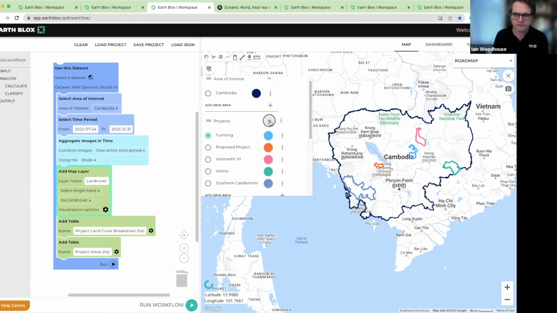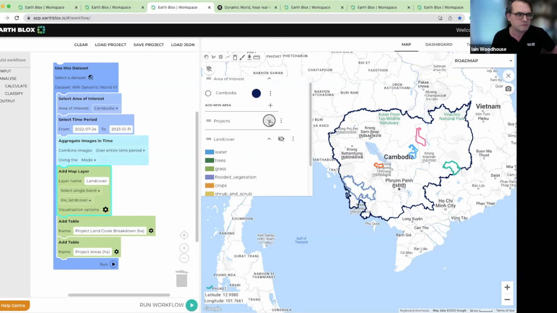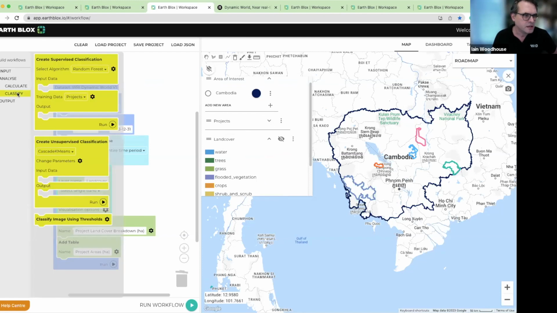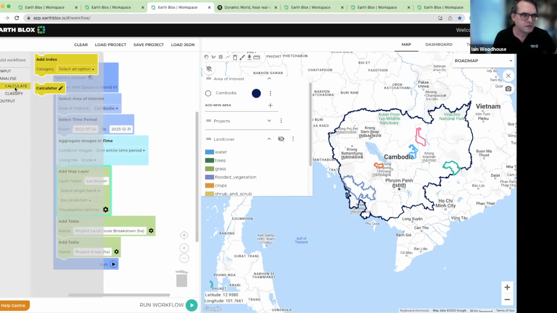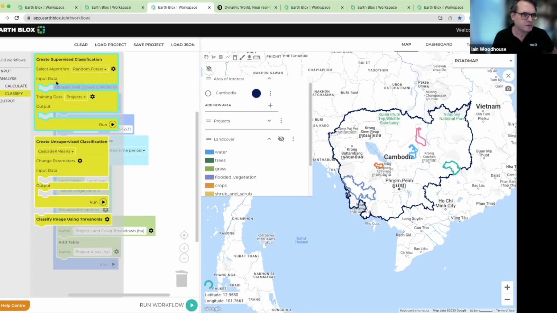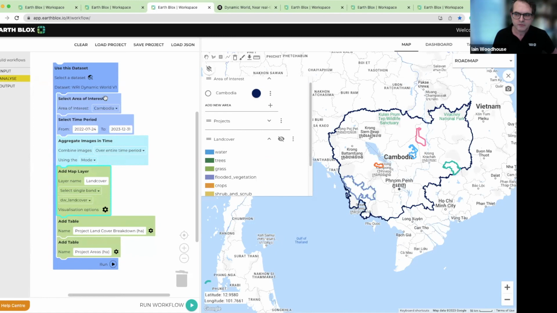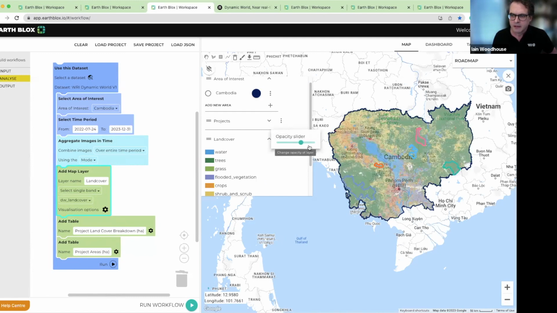Now, if any of you have got some Earth observation experience, and I'm sure with the numbers that we have today, some of you do have that experience, you can go and customize your own classification. The interface on Earth Blox gives you plenty of opportunities to calculate and to do supervised or unsupervised classification, depending what information you've got, just with dragging and dropping a few blocks. But what I've done here is taken a shortcut, one of many shortcuts that we can use in Earth Blox to speed up your processing, make things easy and quick,